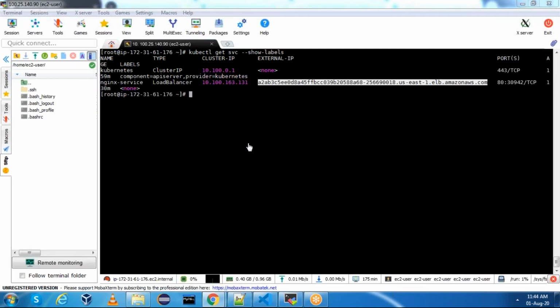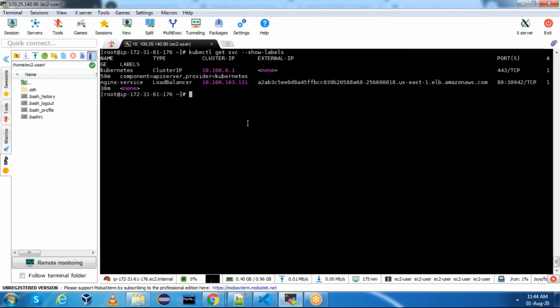Now, just for our confirmation purpose, I'll delete this service, and then I'll change the selector and we will see whether it works or not. I'm deleting the service.